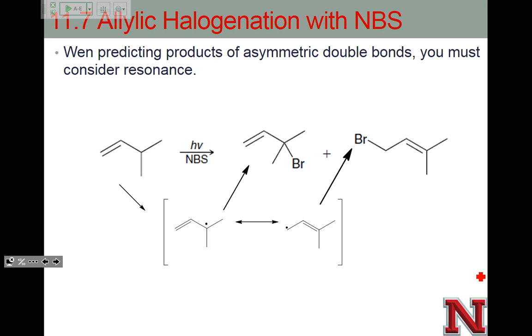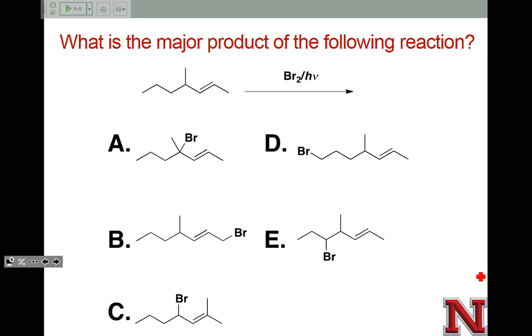This is saying that this carbon and this carbon have radical character. Likely, this one will be a little bit more, but for now, if I ask you to draw the products of the allylic bromination, I expect to see both of these. So I want you to recognize that the examples I showed before were symmetric, so it didn't matter. So you have to consider that. Neither of these formed a stereocenter, but just like before, if you form a stereocenter, you're going to get both enantiomers. So looking at this example, our major product will be this one, and minor products aren't being shown,